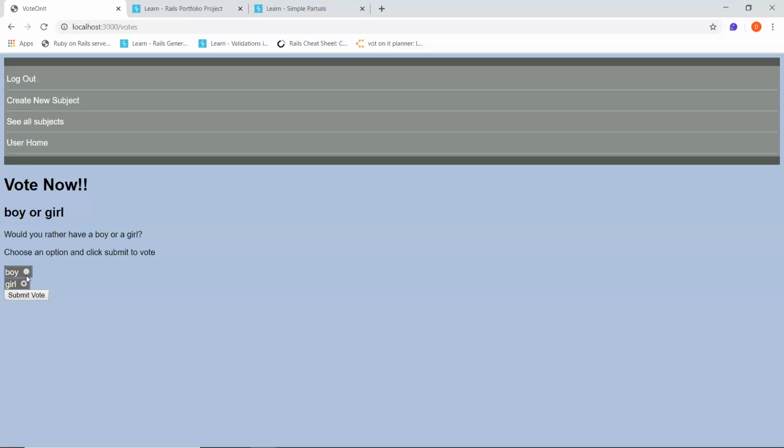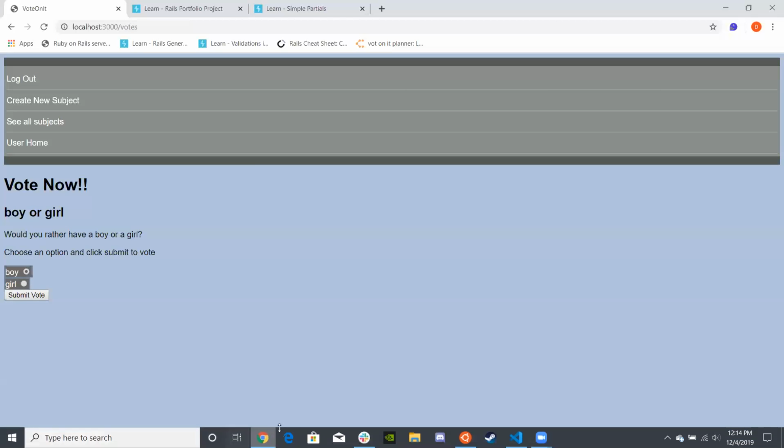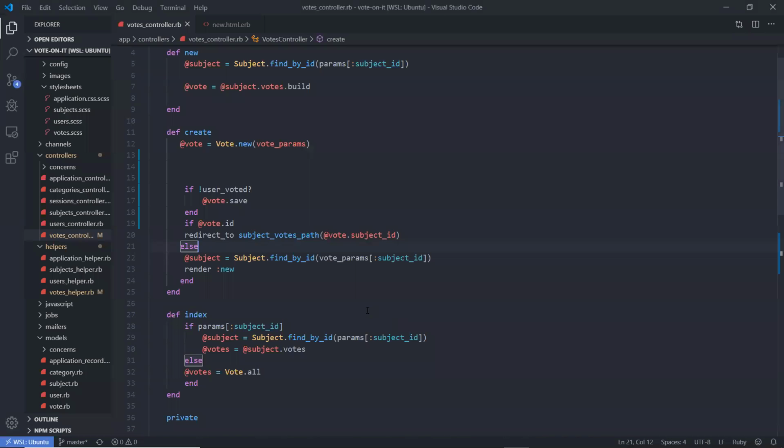But there's no validation errors. If user voted, then if user did not vote, then save it. Else